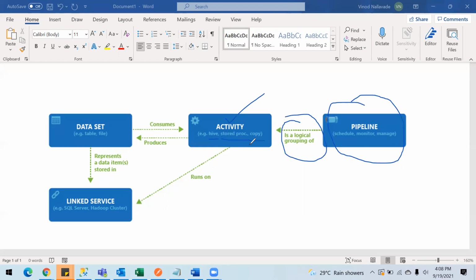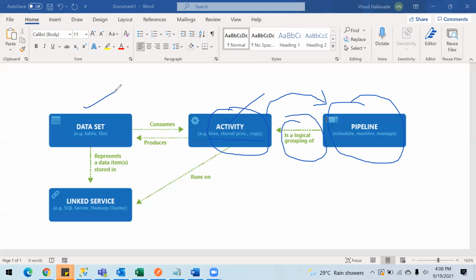All the transformations or the extraction can be done by using different kinds of activities. That is the part of activities. So if you combine all these activities in a logical grouping, we're going to call it a pipeline. So that is the pipeline. And what does a data set mean?